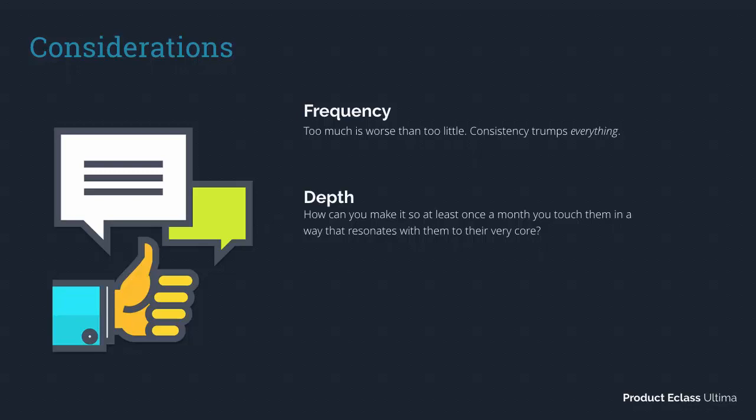And how you make this work is you plan it in advance. If you don't plan this, then you plan to fail, right? Fail to plan, plan to fail, all that stuff. Because then you won't have consistency. You won't have purpose. You won't have that touch point where you know you're going to revolutionize their life at least once a month. And if you don't plan on that, it's not going to happen. If it happens, it's by accident. If it happens by accident, it's not going to happen consistently, right?